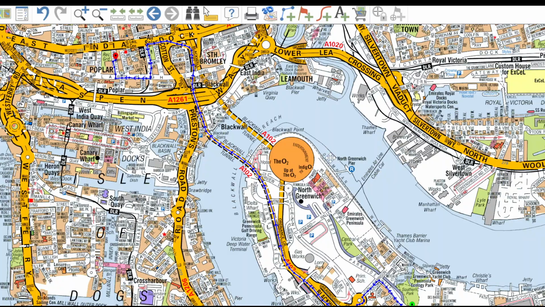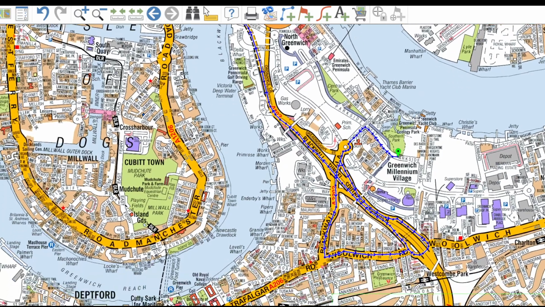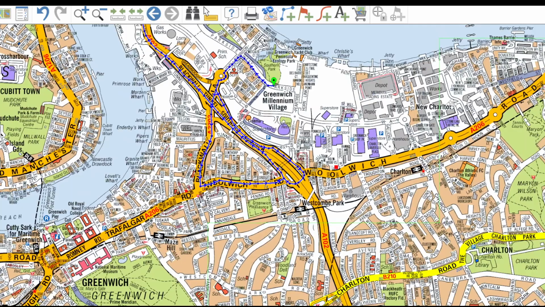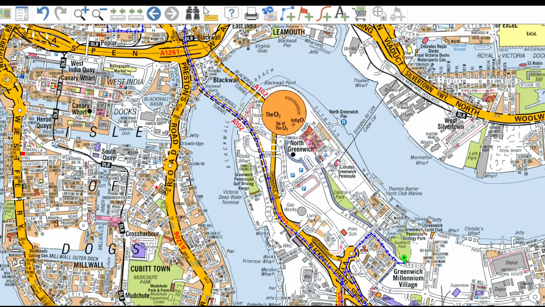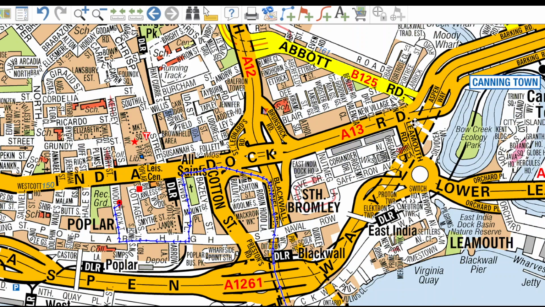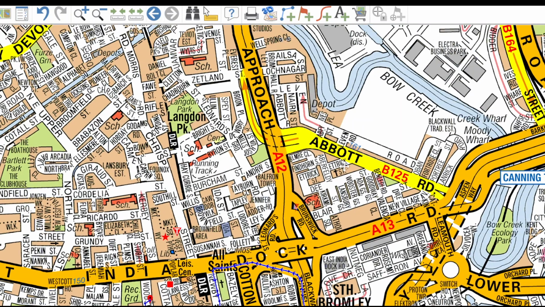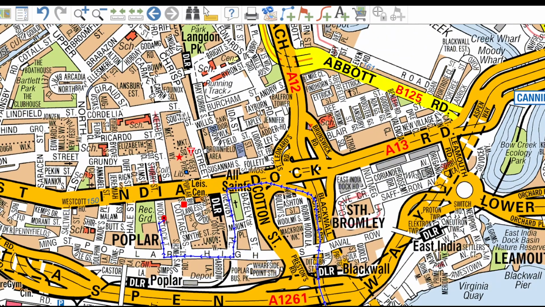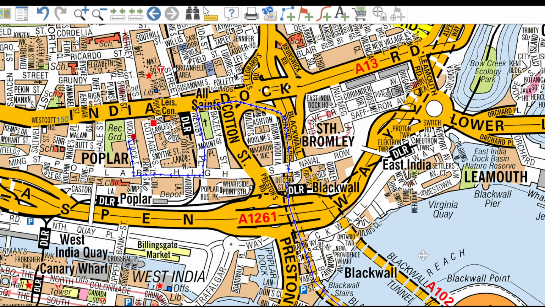In the next part, I will tell you the other option, that if you are coming from here or if you are coming from here, how can you enter into the tunnel, and after leaving the tunnel, if your destination is here at this point, or if it is here, how can you reach those points. And in the next part I will tell you, if your starting point is here, how can you start from here and enter into the south tunnel.